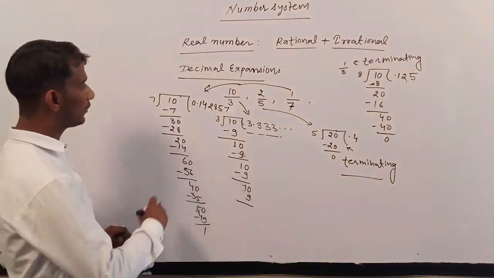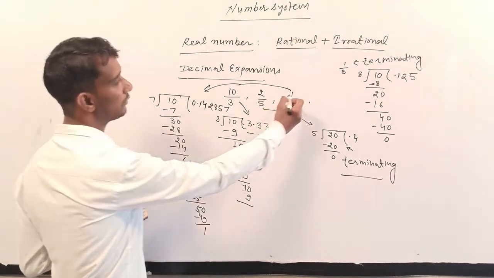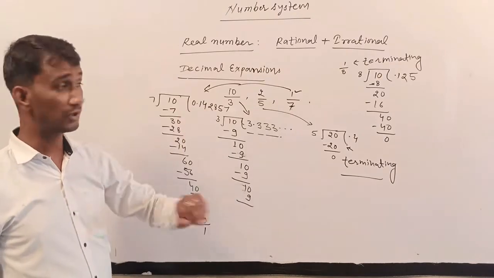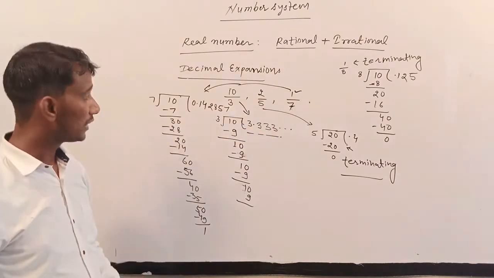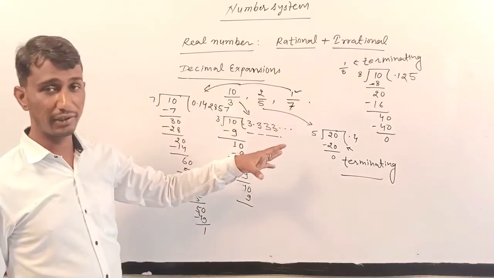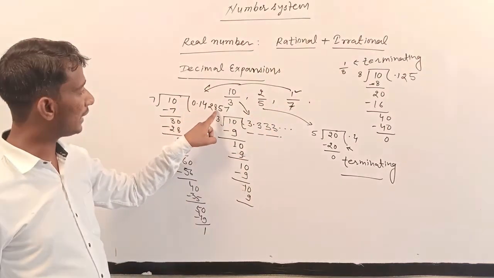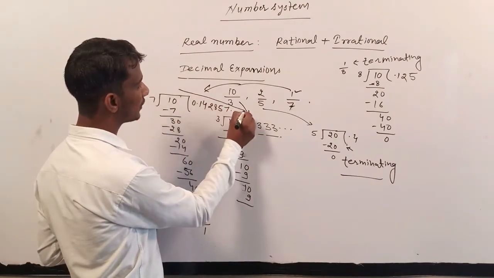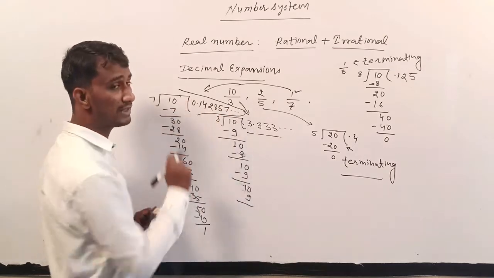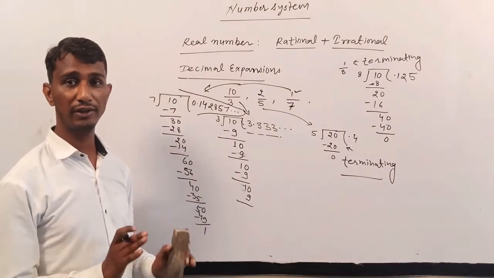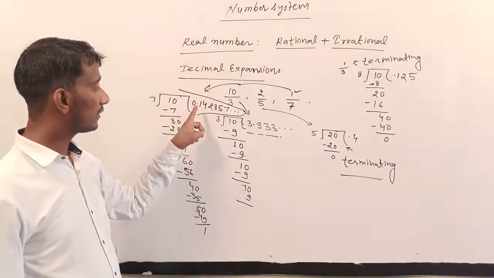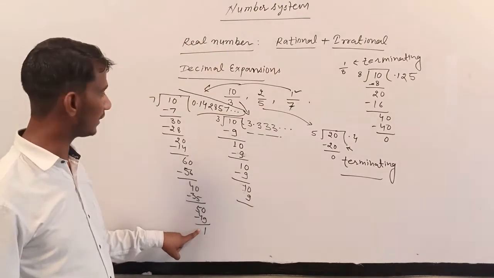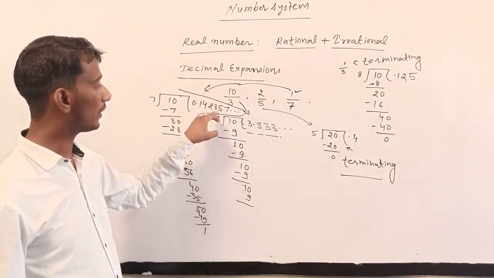Understand? And for this example 1/7, we can say this is also a rational number because it can be represented in the form of p upon q. But when we divide 1 by 7, we get 0.14287 and dot dot dot. What is this? Dot dot dot means division is not completed. Here we never get remainder 0. And digits are also repeated, because if you divide again you get 1, then 4, 2, 8, 5, 7.